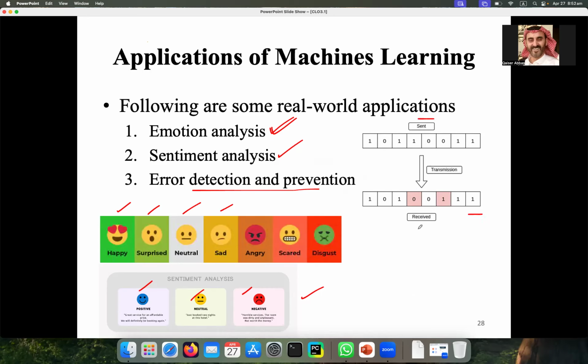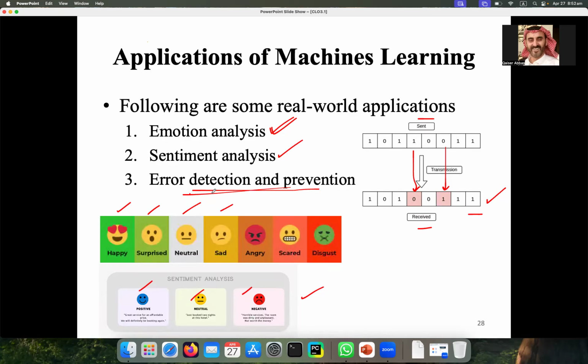This was sent, this was received, and here we have a difference in these bits, which means that some error has occurred when you are sending this data to the destination. So at the destination, you receive some data with the errors. So error detection and prevention is also a topic or an application of machine learning.